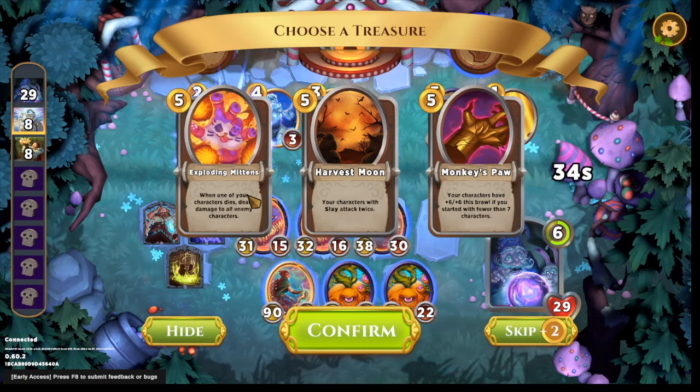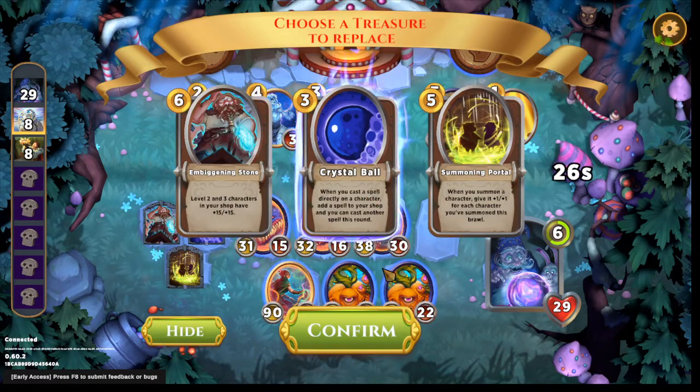And I think this combos really well. Oh, this is interesting, because it buffs everything +6/+6. But we're not going to stay on this for long, so I think we're going to replace the Crystal Ball. Do we want to Crystal Ball? And then Biggins? I think...